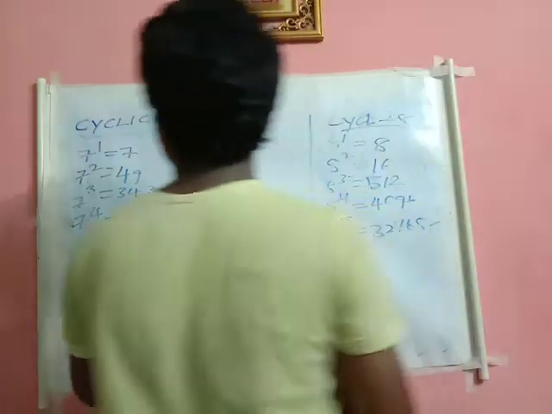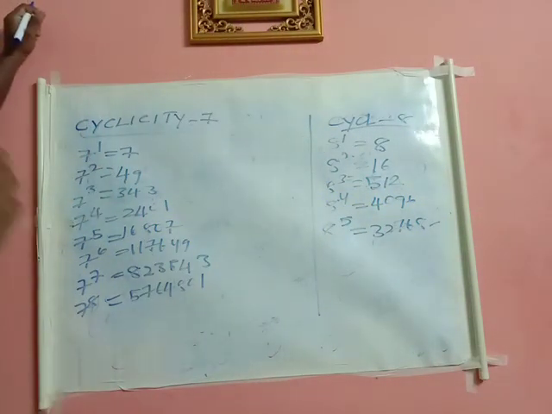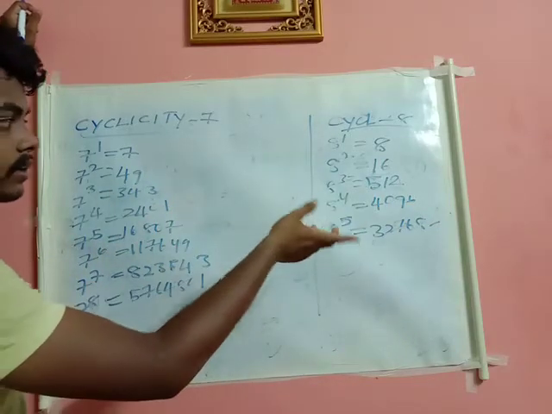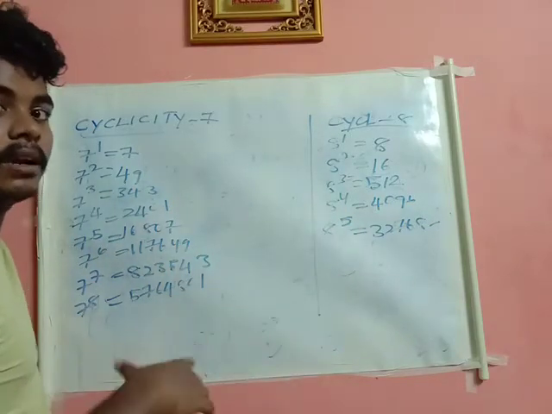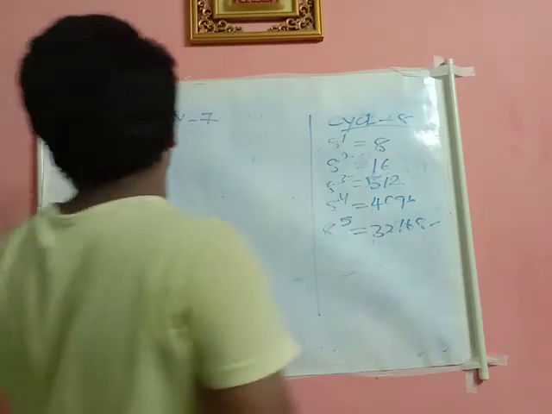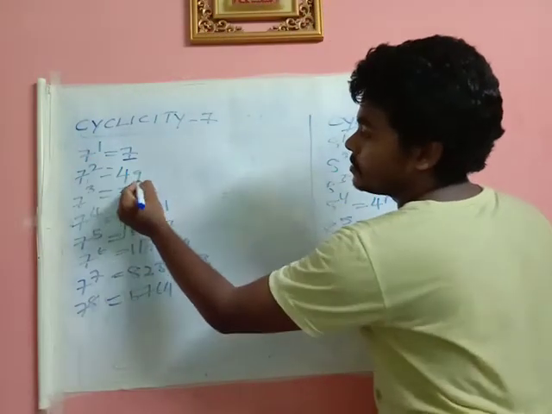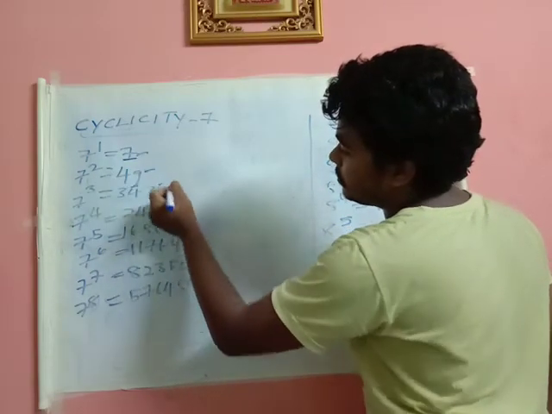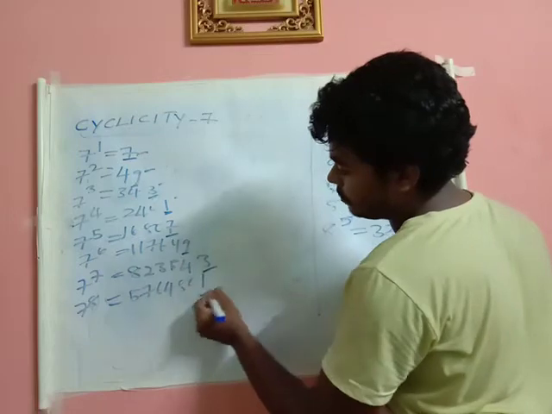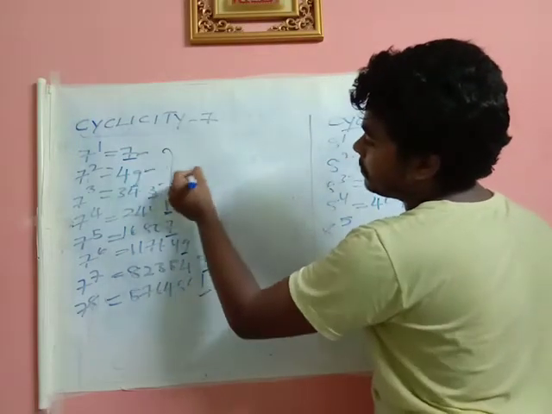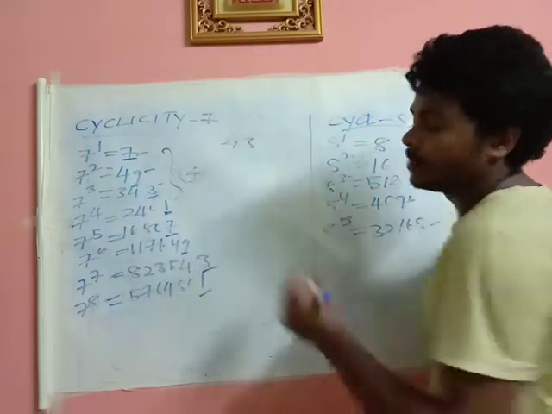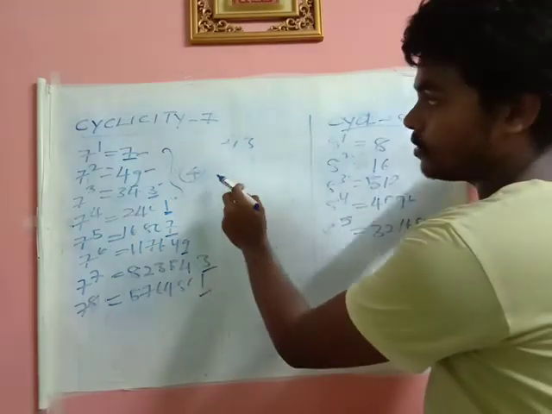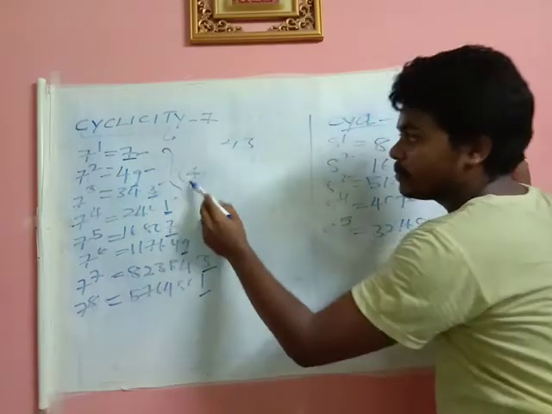So let us move to the cyclicity of 7 and the cyclicity of 8. These two are under one category. After discussing this, we will be able to tell which comes under which category. Now see, 7 power 1 is 7, 7 square is 49, 7 cube is 343, and so on. You can see here 7, 9, 3, 1. It means the cycle repeats every 4 intervals, just like 2 and 3. The cyclicity of 2 repeats every 4 intervals, the cyclicity of 3 repeats every 4 intervals, so the cyclicity of 7 will also repeat every 4 intervals.